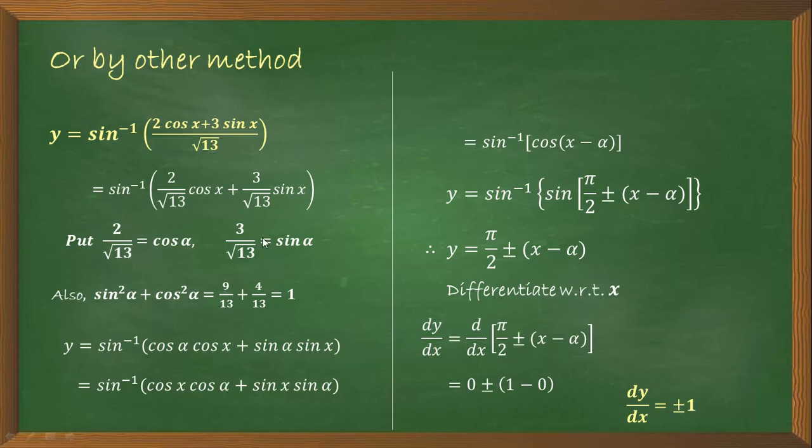So as per our adjustment in these constants, means if you choose sin alpha and cos alpha in this case, then you will get either 1 or minus 1. Okay, so this is the alternate method for that same question. So here we get dy by dx is equal to plus or minus 1. In this case we have to use the allied angle formula also because of this adjustment. So remember, you can adjust like this, but we need another step to convert cos ratio into sine ratio for the simplification.